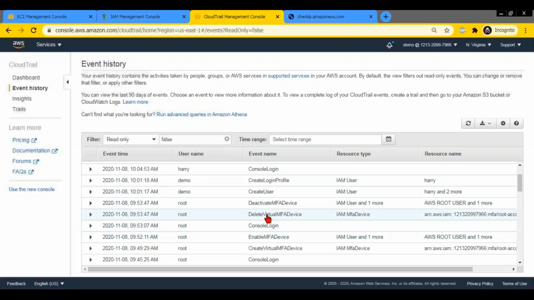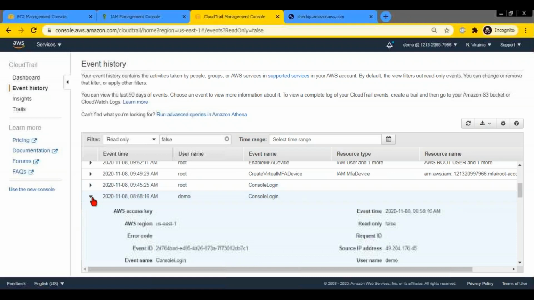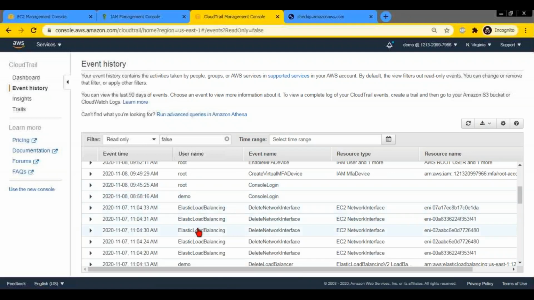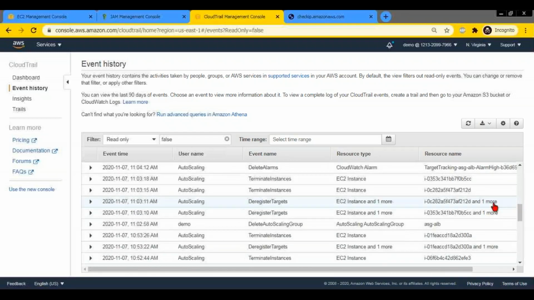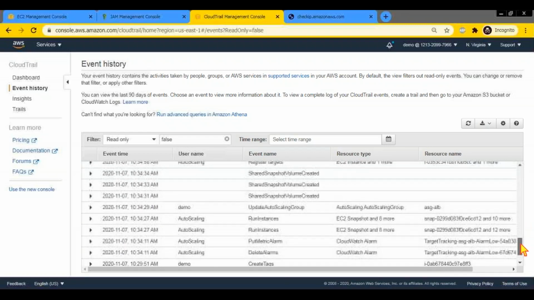I removed and deactivated the MFA device, right? You see everything is tracked over here. Yesterday we created some elastic load balancing stuff. You see everything is there. I deleted the load balancer, right? Auto scaling we did, right? So all events are tracked over here. All API activity, everything is tracked over here,